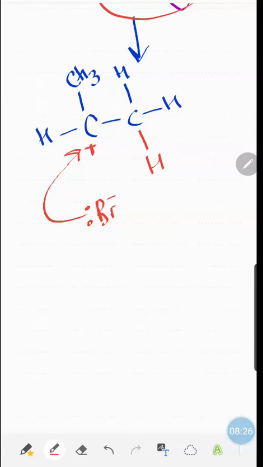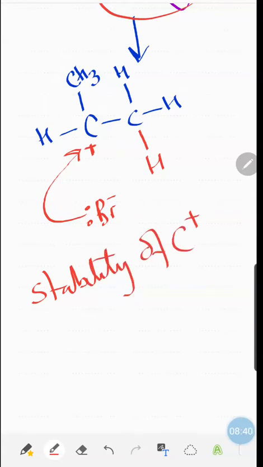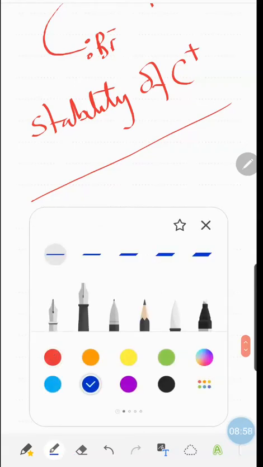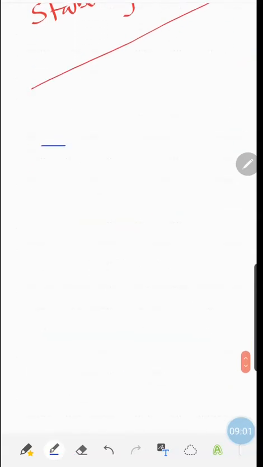2-bromopropane. Now, just a quick note, and I'm not going to go into too much detail here, I'm just going to mention this. You do need to know about the stability of carbocations, and you can have a read yourself as to why 2-bromopropane in this reaction is the major product as opposed to 1-bromo. But anyway, I'm going to leave that because my focus mainly is to tell you how to do a mechanism properly. Next one is going to be nucleophilic substitution